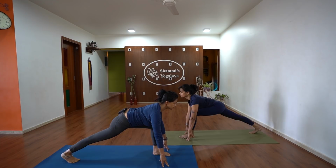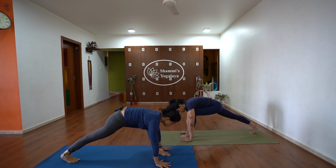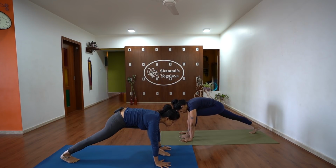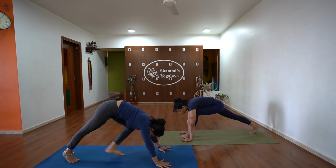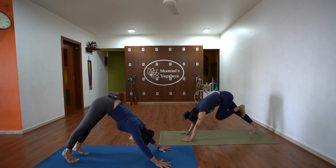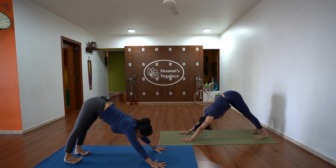Moving to position number 5, which is Adho Mukha Svanasana, palms on the floor. Stretch your fingers as much as possible. Move your body weight slightly at the back and the left leg will go back. So, Om Khagaya Namaha. Hips pushed back,